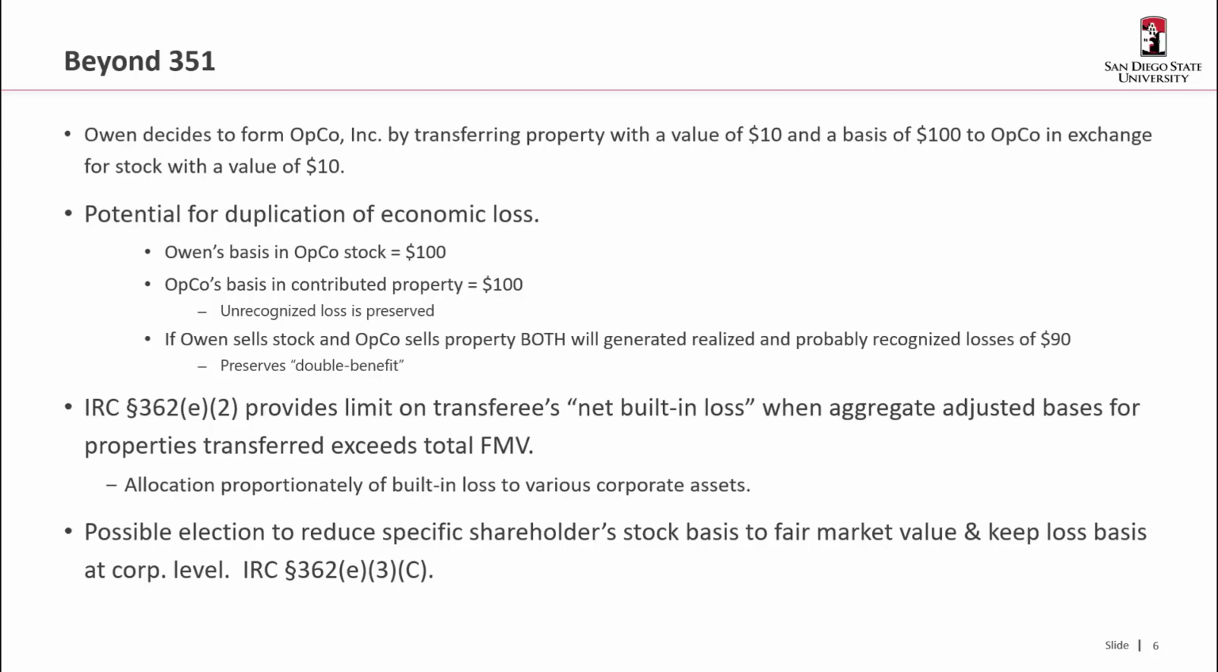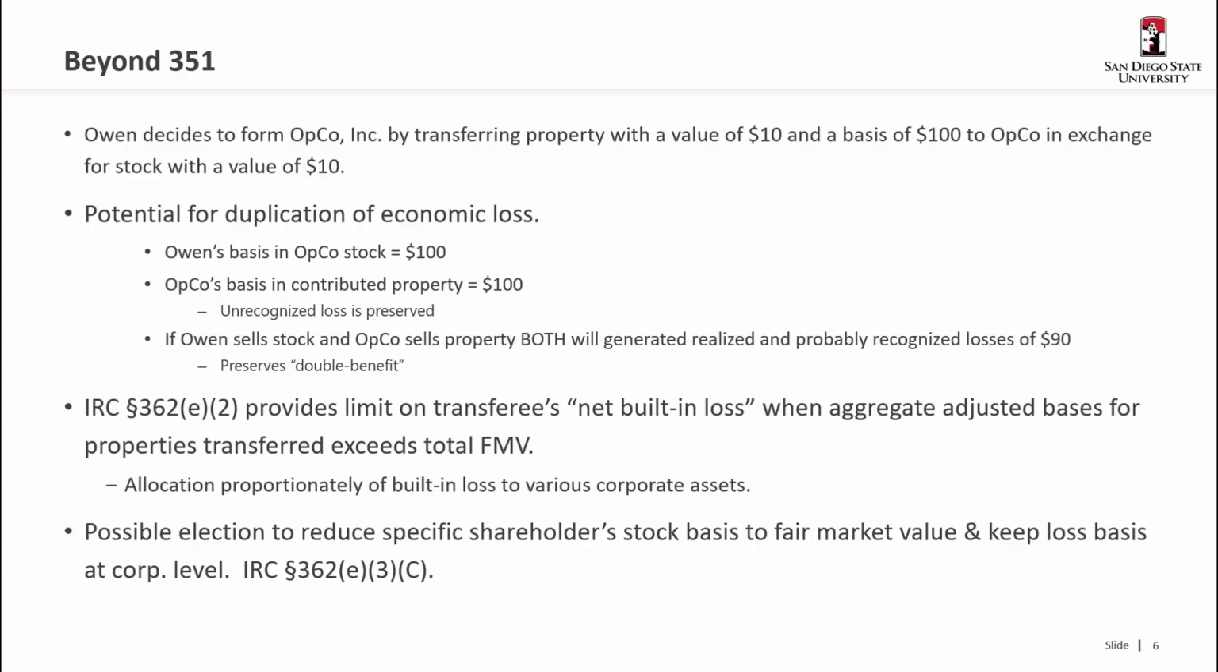All right. So in this case, Owen decides to form OpCo, except this time the value of the property is $10 and the basis that he has in that property is $100. So he exchanges it to OpCo in exchange for stock with a value of $10. The potential exists for a duplication of the economic loss, right? Because Owen's basis in the stock is $100, OpCo's basis in the property is $100. If they both sell, then in theory they would both generate a recognized loss of $90, and that would preserve double the loss benefit. However,